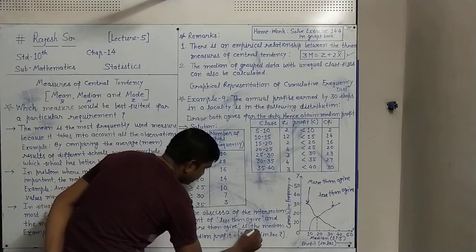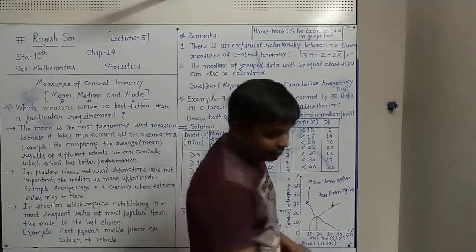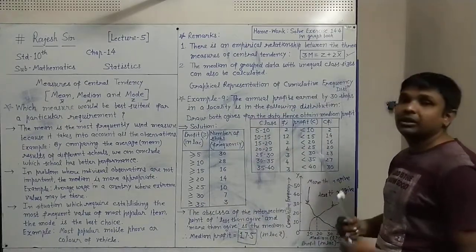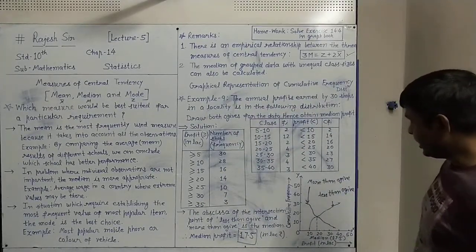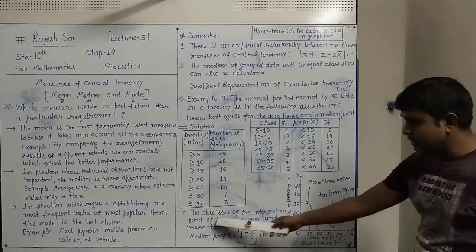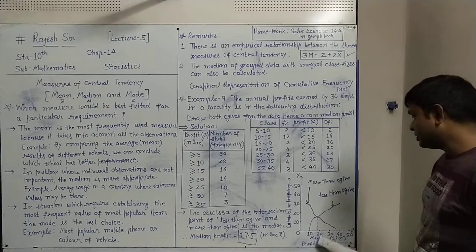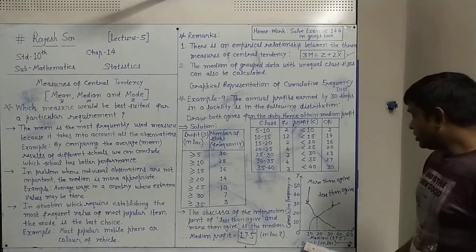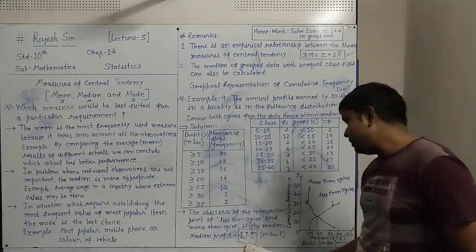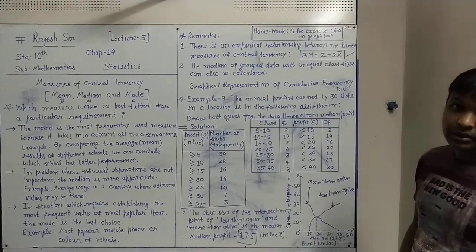17.5 is the answer of median. And this number is in lakh rupees because it's given in the question. So this way we can find the median of the given data by using graphical method, in that drawing less than and more than both the ogives, where the intersection point will be, just read its x coordinate, this abscissa, it will give you the median. Here we are having that x coordinate or abscissa of the intersection point as 17.5. So this is called median 17.5 and it is in lakh rupees. So our answer is median profit equals to 17.5 lakh rupees. So this way you can find the median using graphs.